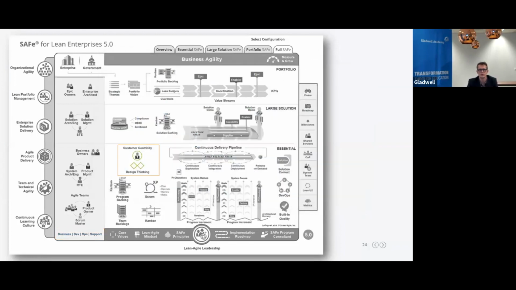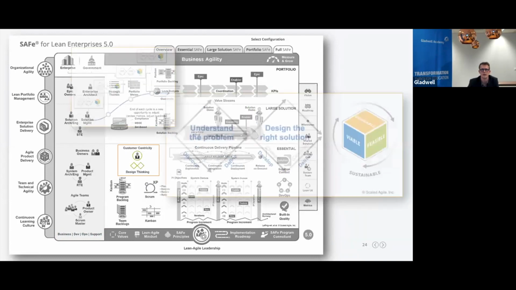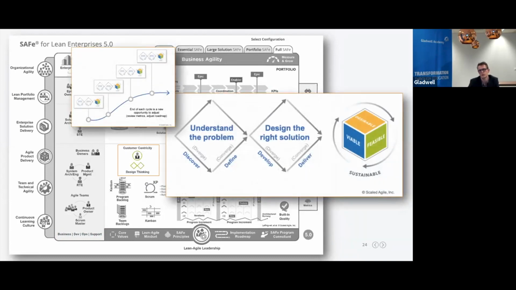Well, the customer centricity, we talked a little bit about that already. It's about the process of design thinking. And the customer centricity is really a mindset, right? It's the mindset of the customer first, the customer central. Design thinking is a process that helps you to come to the right solutions that are viable, feasible, desirable, and sustainable. If you would do an exam, this is always nice exam material, of course.